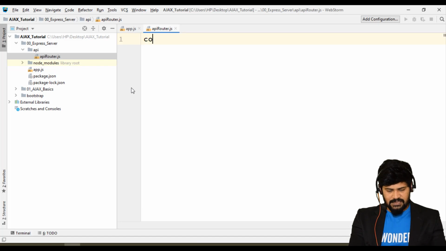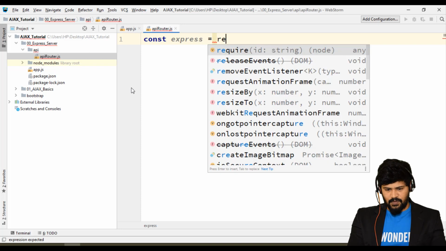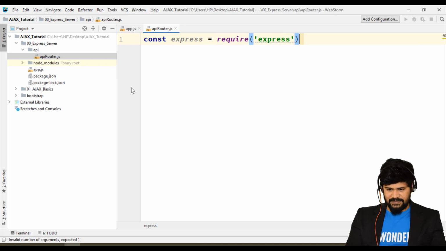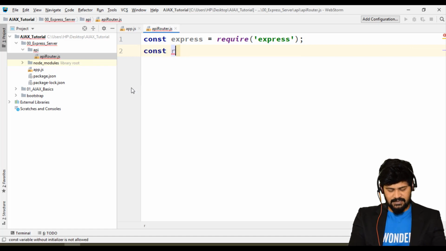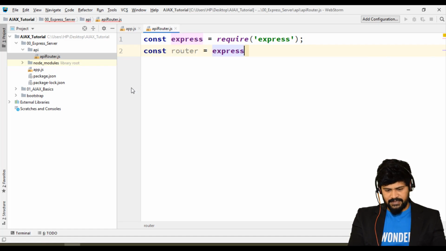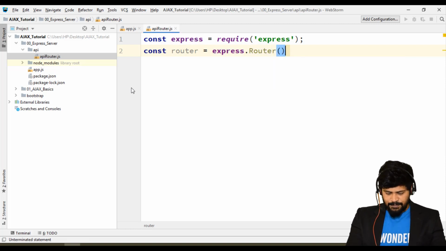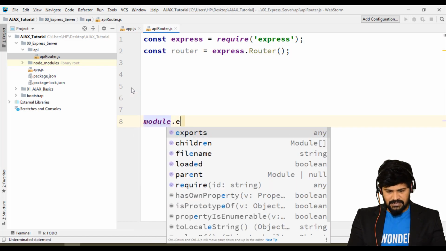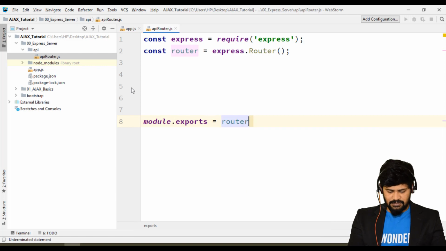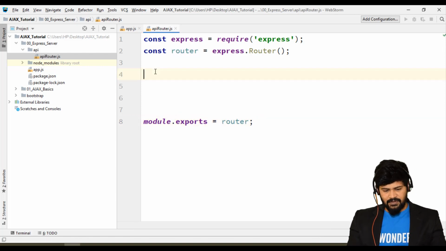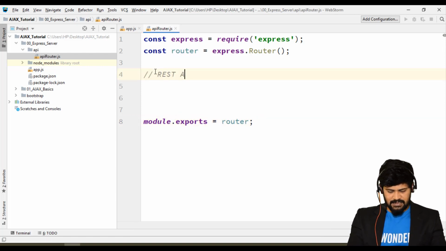To create a router: const express equals require express, and then const router is equal to express.Router(), and I'm going to export this. To export: module.exports equals router. Fine. And here you're going to make the actual REST API configuration.